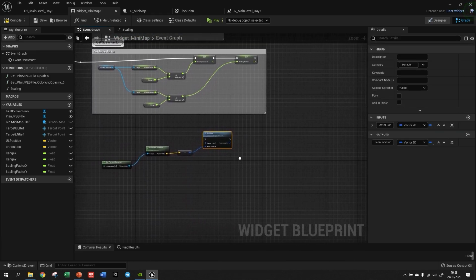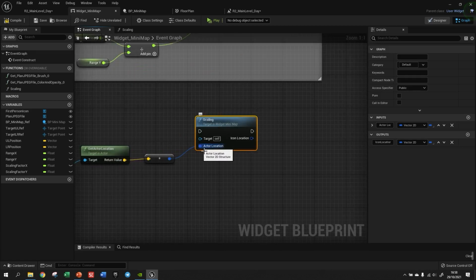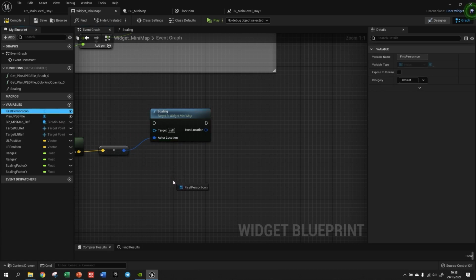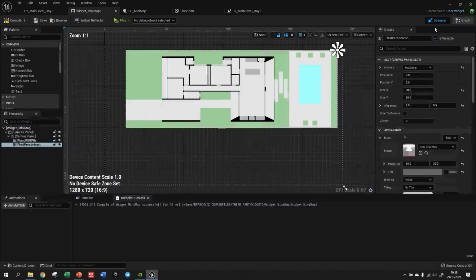All right. So what do we need to do next? Well, the coordinates of the actor will be the input, and as the output, I'll get the widget coordinates with all of those calculations. Then I'll transport this position to my icon. So what is the icon? This is the icon. Okay. There we go. First person. I'll get that and set up its position. So I'll use these formations as if I was altering X and Y here. Okay. And if I'm doing this, then I'm changing